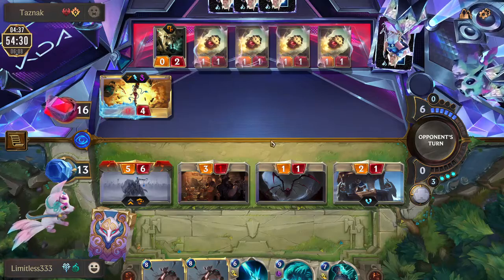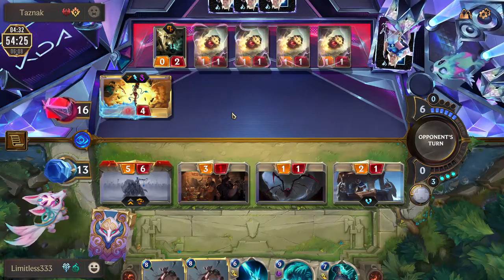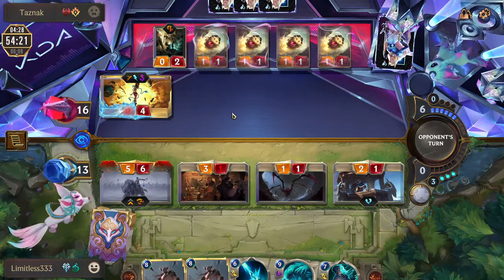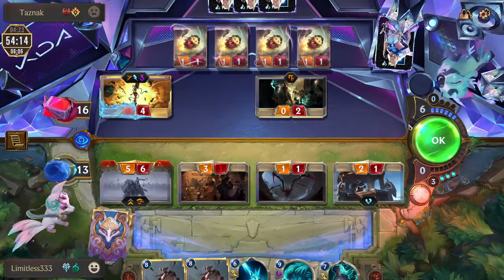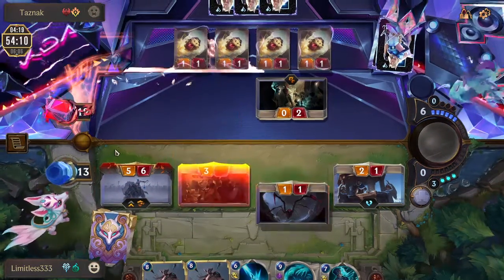Again, I'm attacking with all these guys because I can't block the elusives. And I'm really worried about vision. I'd rather him just trade off his guys. Not to mention that if they can dump their hand, we have the problem where we die to...